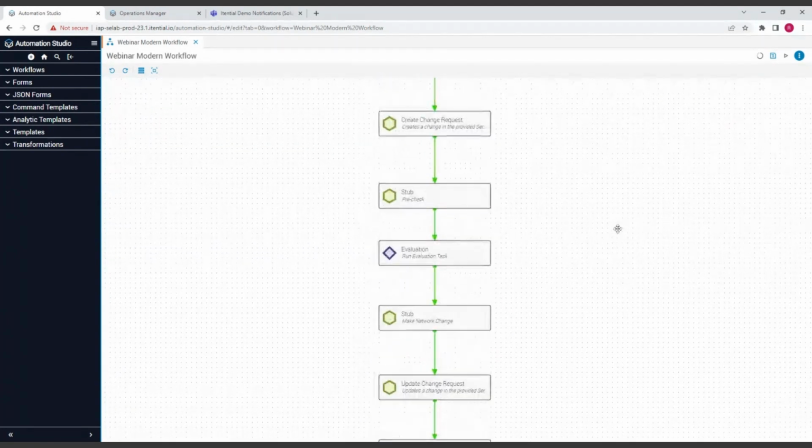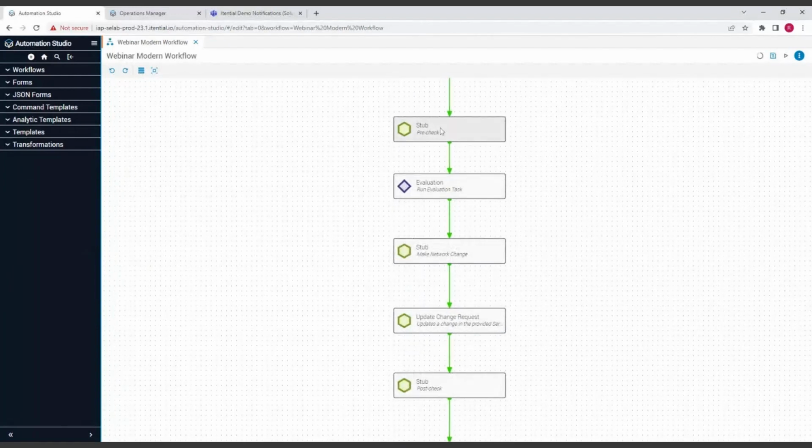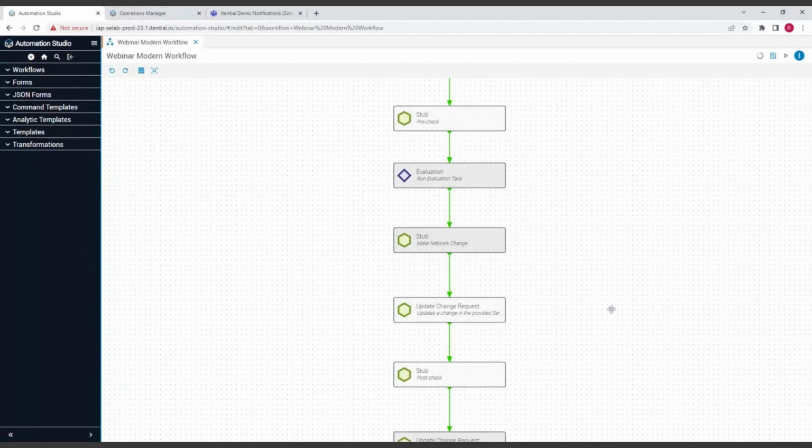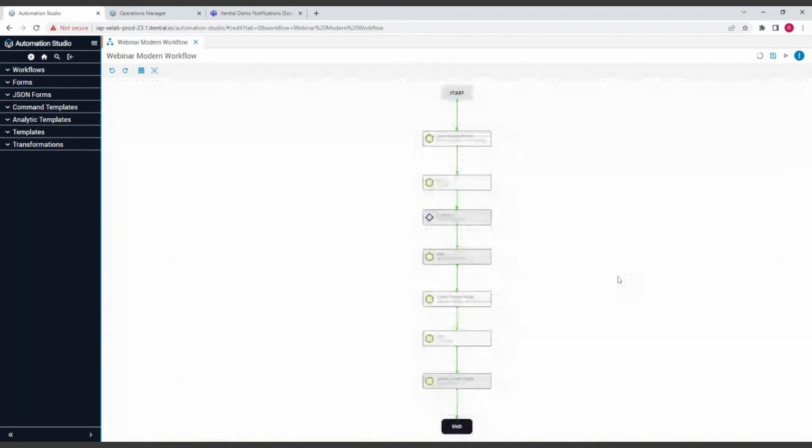So we've stubbed out some real API calls like ServiceNow and evaluation, and then we've stubbed out some network change calls. This is kind of what you would do as you were starting to build something new. Again, it's just so much faster and easier now. If I go back to the full view mode,